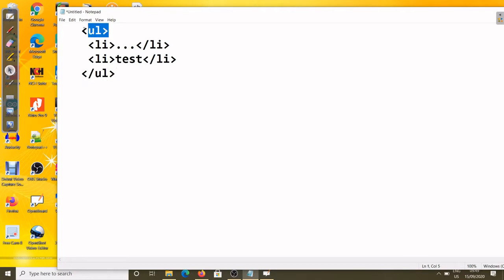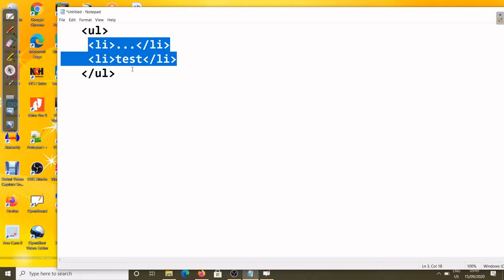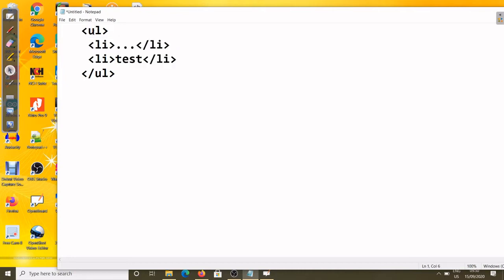Inside this portion, whatever you are writing is called the list item, and the list item tag is li. Clear? Whenever you want to see the output of such a program, the list items will display, but before each list item we can see a certain symbol. The other one is called the ordered list, ol. Everything is the same; in place of ul you have to write ol. The other concepts are the same. We'll see one example, first the unordered list example.